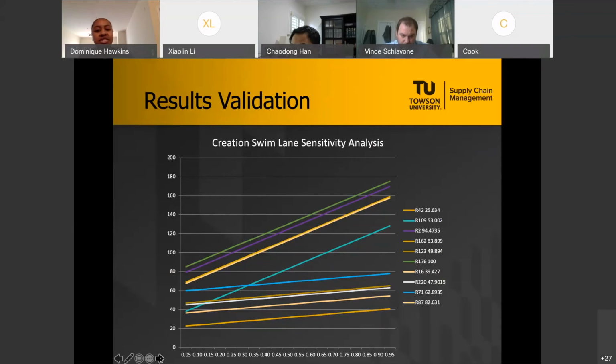So the general purpose of sensitivity analysis is to understand the behavior and outputs of a model, and then be able to further evaluate if it is in fact the appropriate model to use for your data set. So essentially for this analysis, we're looking to identify the stability of the overall collaborative scheduling model.